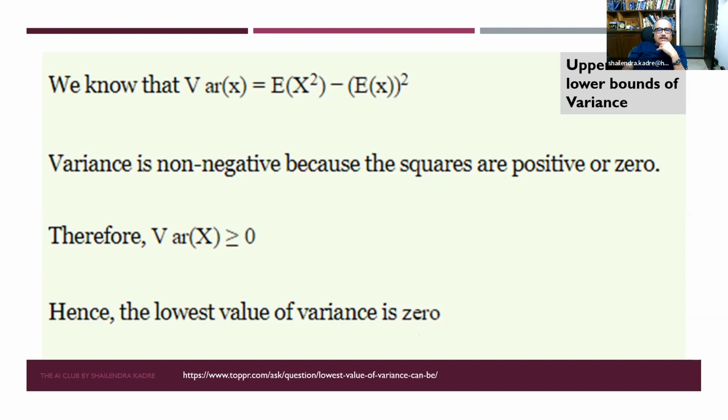So variance, one formula for variance is this given on the top. I'm not going into detail of this formula: expected value of x square minus expected value of x whole square. So this is nothing but the variance of x. Don't worry if you don't understand this formula. Let us not go into detail. But the only thing is, if you see the formula properly,